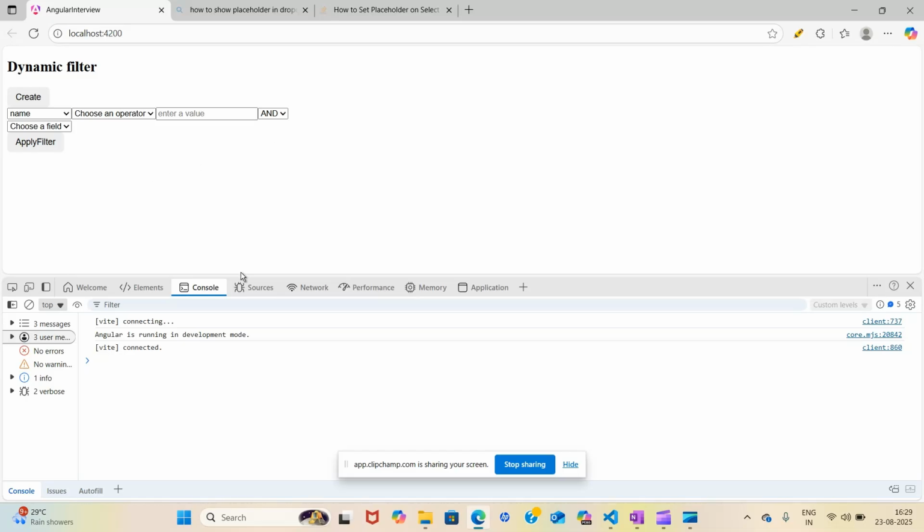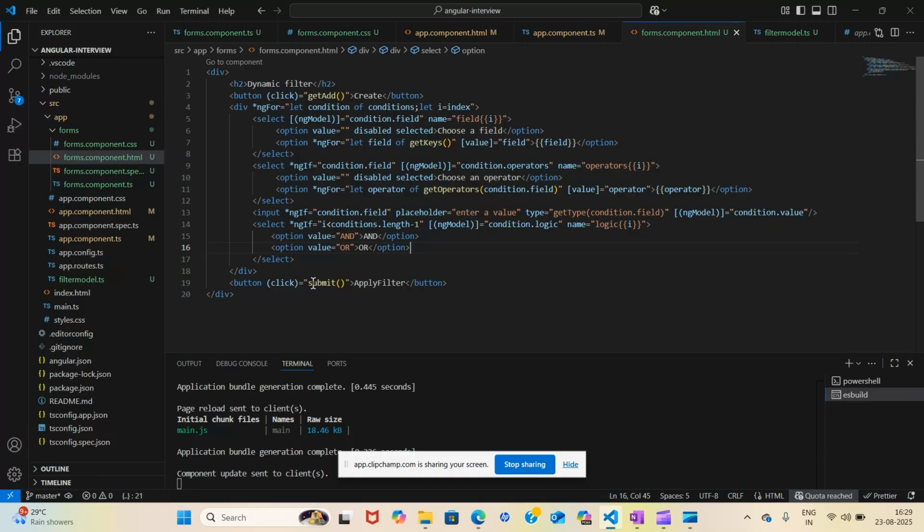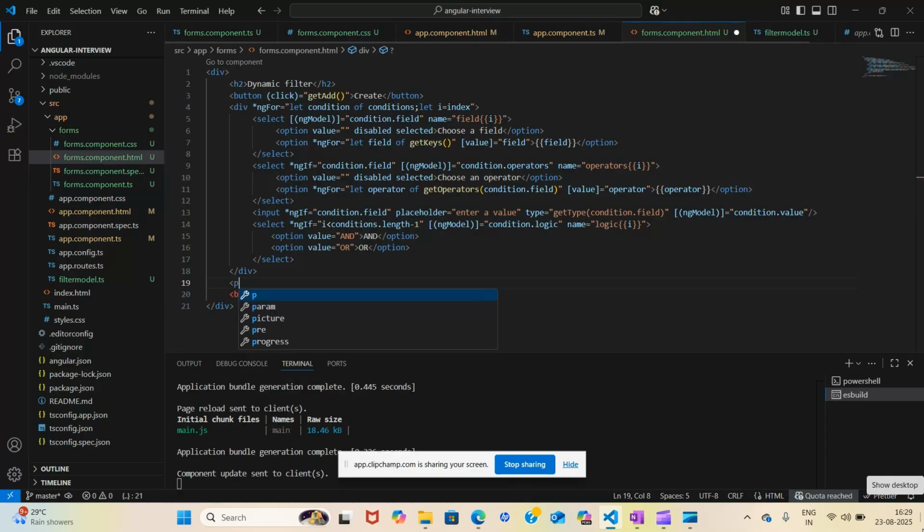But now I want to display my data so that I can check if it is working fine or not. So just render our data. Inside my pre tag, this tag is for pre-formatting, here I will show my filtered data.